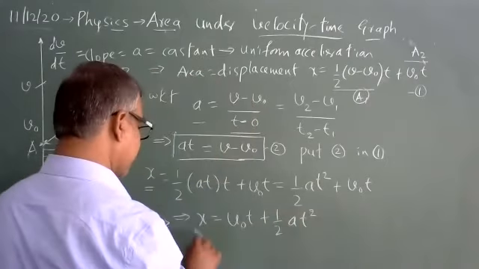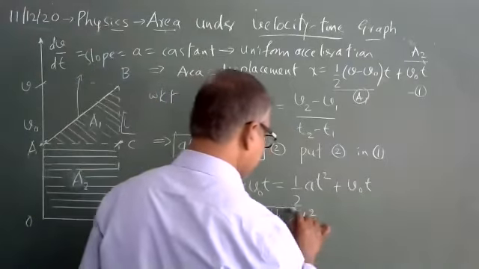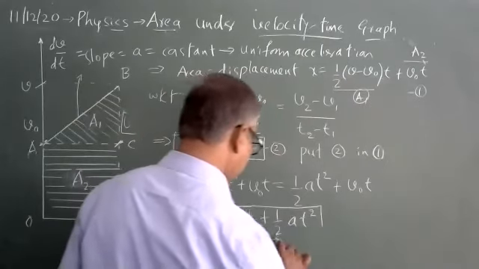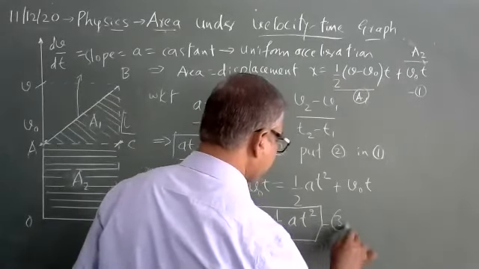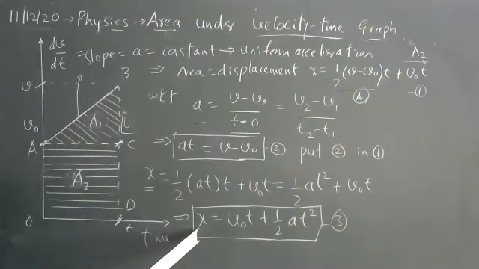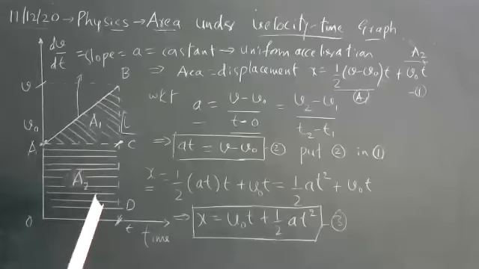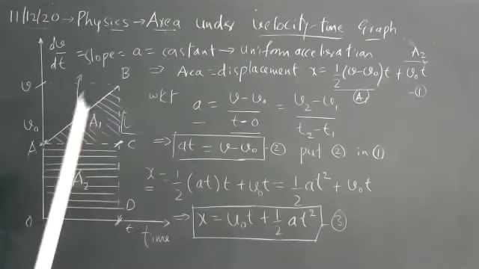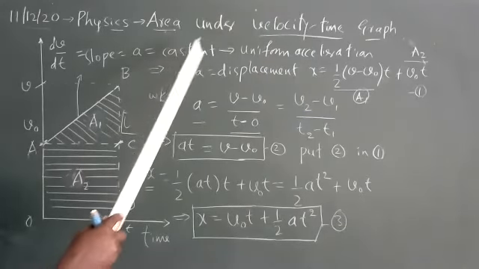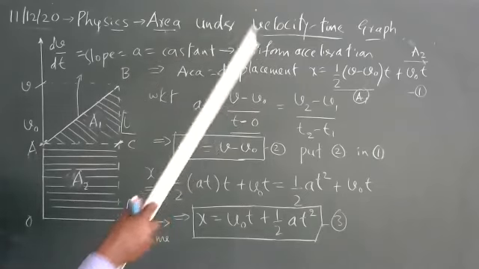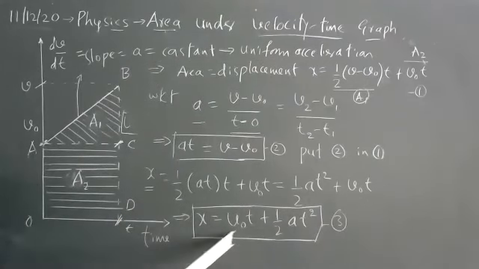This relation is one and the same, but you need to remember this relation. This is your guiding relation. Call it equation 3. So x stands for displacement, v naught stands for initial velocity, t is time, half is a numeric value, a is acceleration, t square. When you have the area under the velocity time graph, if I draw a diagram where my velocity is changing but my acceleration is constant, if the object is moving with uniform acceleration, the relation between displacement, initial velocity, time and acceleration is this relation.